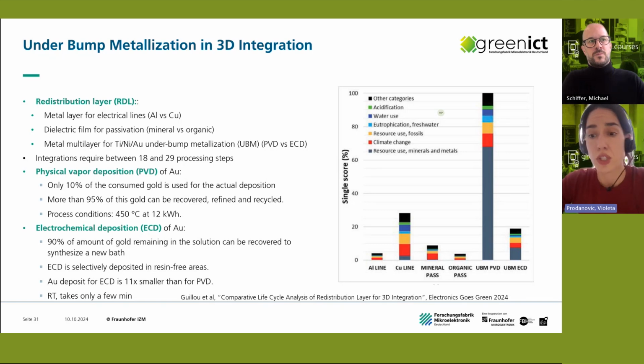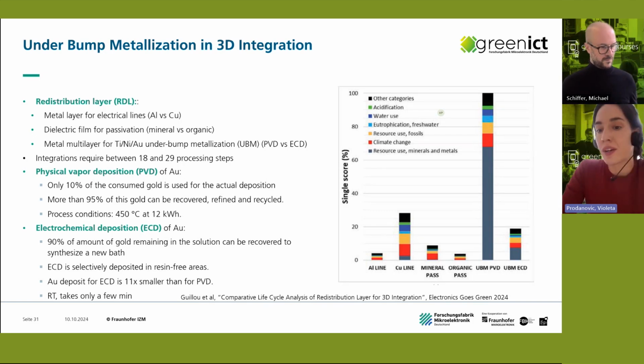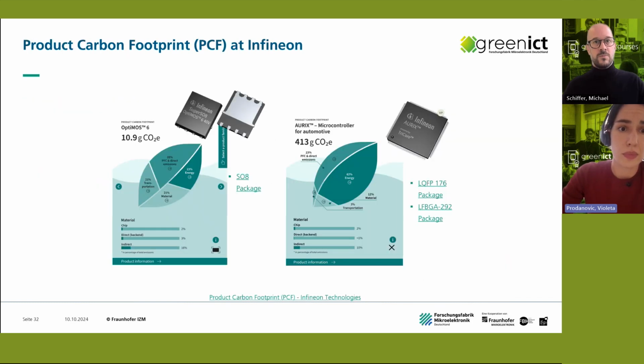Most notably from the use of gold in UBM. Physical vapor deposition uses much more material compared to electrochemical deposition, though the authors did mention that a lot of material can be recycled from both of these deposition methods. Another thing, for example, in case of mineral passivation, ecotoxicity is much higher because it uses TiO2. More energy is used for deposition and also for patterning of the layers because of use of C2F6 and so on. Another interesting example by Infineon,